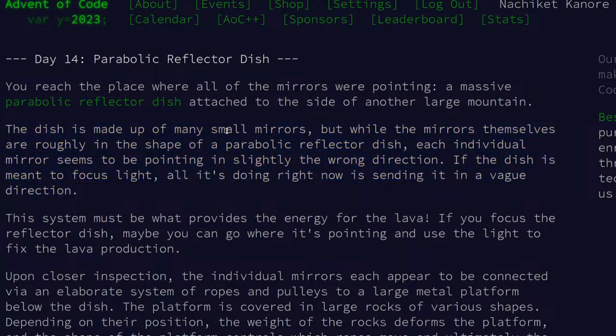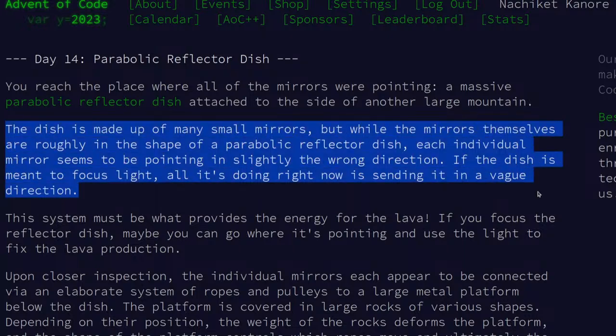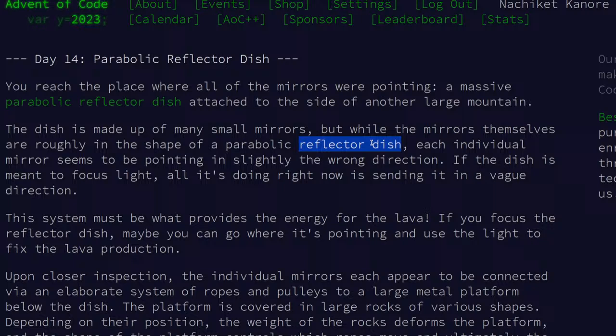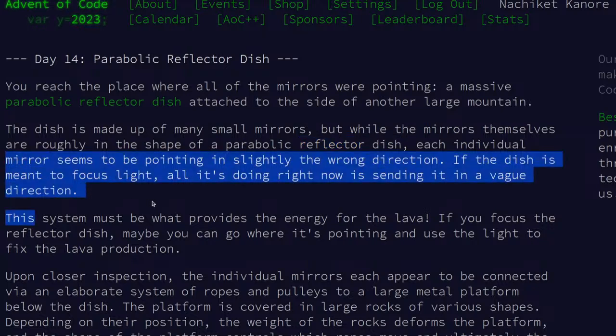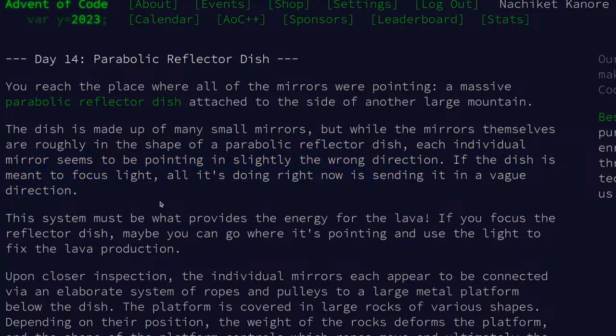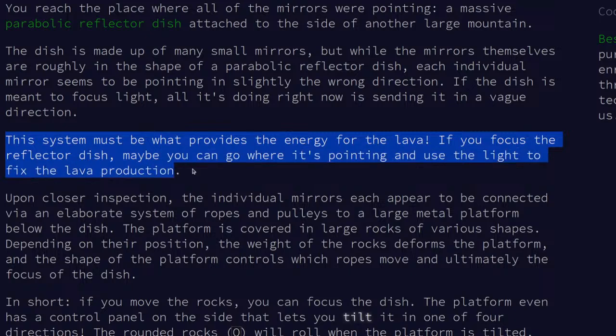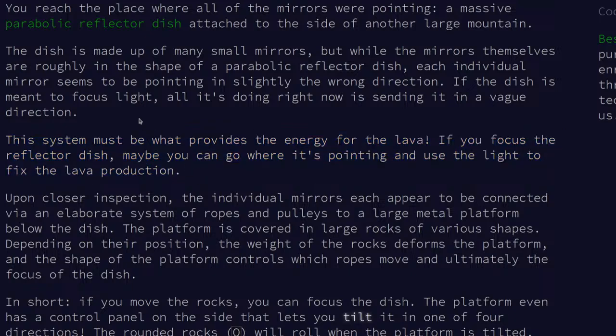Day 14, parabolic reflector dish. This is made of small mirrors, but while the mirrors themselves are roughly in the shape of a parabolic reflector dish, each individual mirror seems to be pointing in slightly the wrong direction. The dish is meant to focus light. All it's doing right now is sending it in a vague direction. The system must be what provides the energy for the lava. If you focus the reflector dish, maybe you can go where it's pointing and use the light to fix the